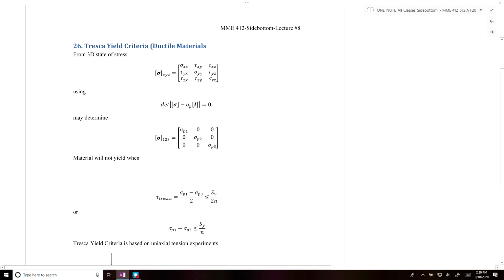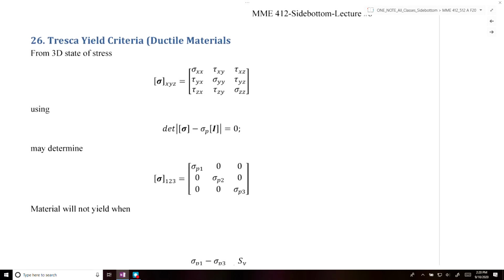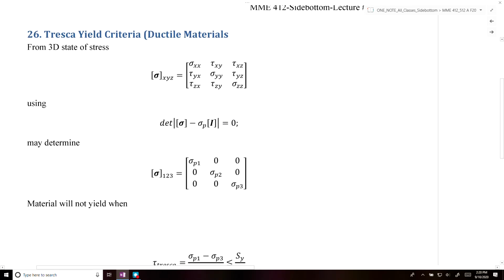So in this video, we're going to talk about the Tresca yield criteria and how you can use it to determine whether or not a material will fail or a part will fail for a given loading condition. So if you have a point on an engineering component where you know its given state of stress,